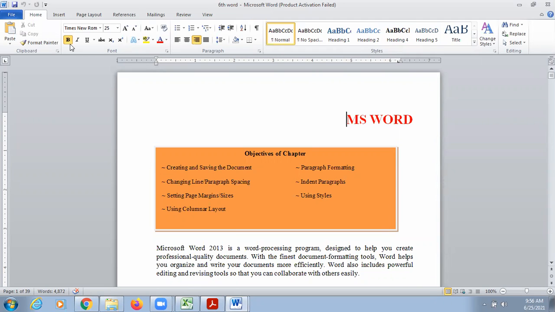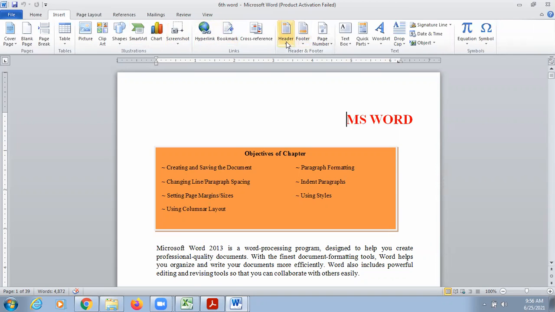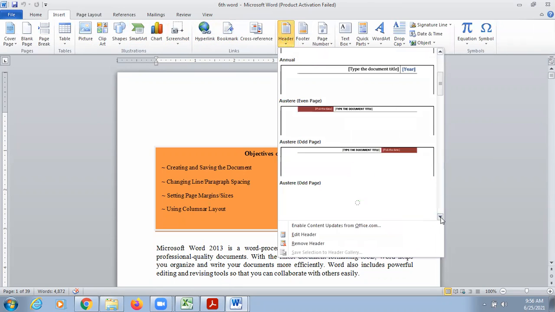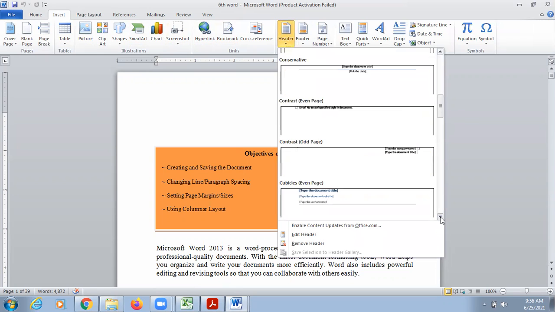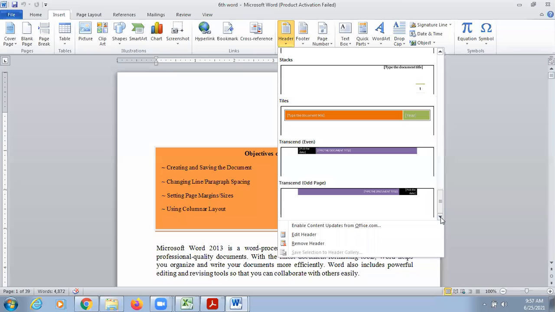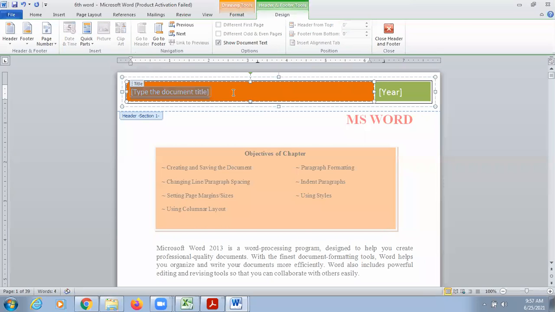Now, how can we add headers and footers? For that, you have to go to the insert tab, and there is the option of header. Click on the header. These are the different templates of header. You can choose any of the templates which you want to insert. So these are the different designs. Suppose I am going to insert this one. Here you can write the name of the book maybe, or the chapter. So suppose the name of my book is Computer World,